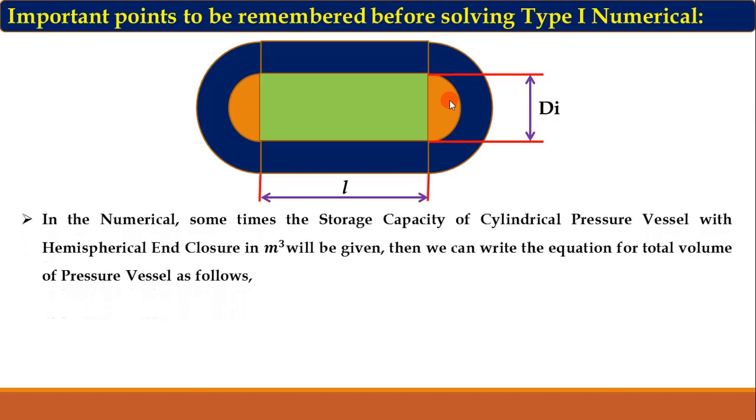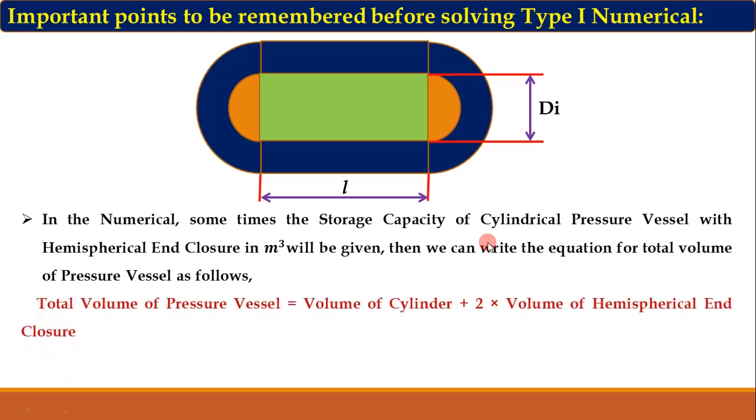In numericals, sometimes the storage capacity of cylindrical pressure vessel with hemispherical enclosure in meter cube will be given. This storage capacity indicates the total internal volume of this pressure vessel. If it is given, then we can write the equation. The total volume of pressure vessel is equal to volume of cylinder. So this is the volume of cylinder, which is shown by this color, plus twice into volume